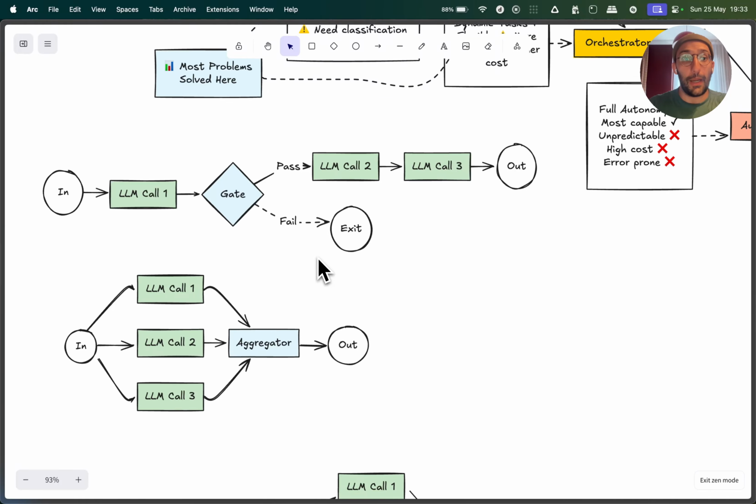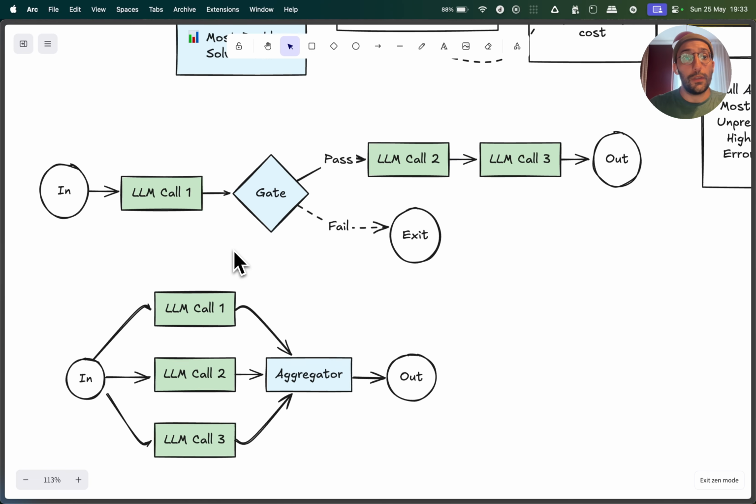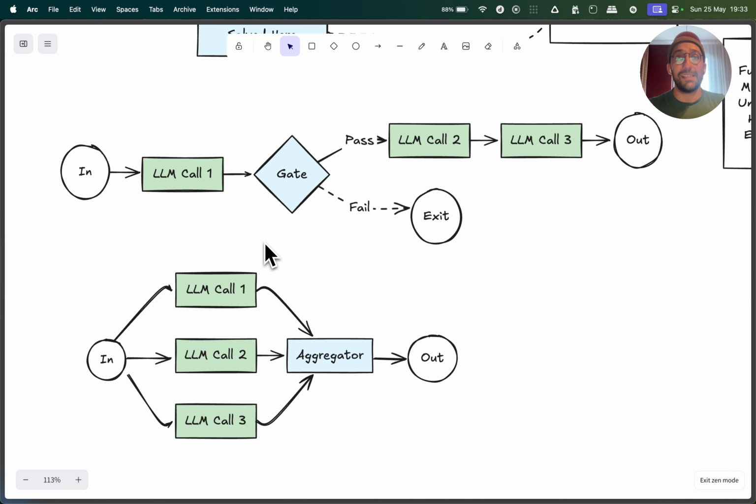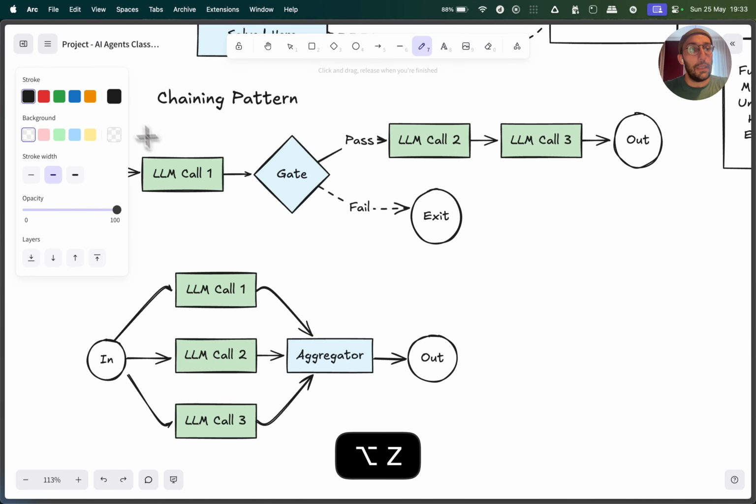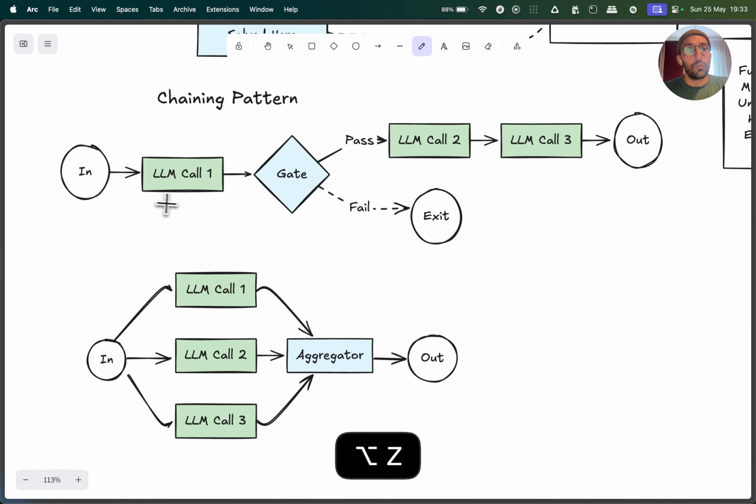Let's show a few examples of simpler patterns. In this pattern over here, we have a simple chaining pattern, okay? What this pattern is doing, folks, is essentially this. We take an input text and send it to a model.